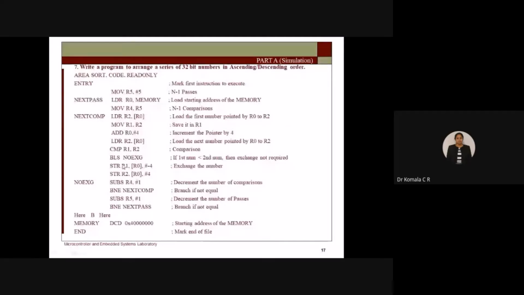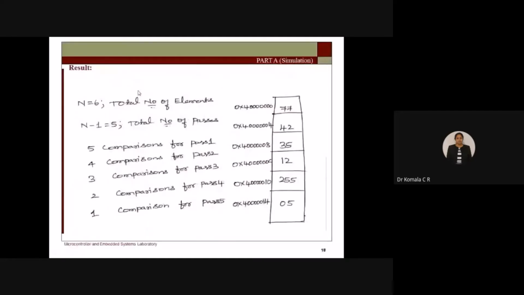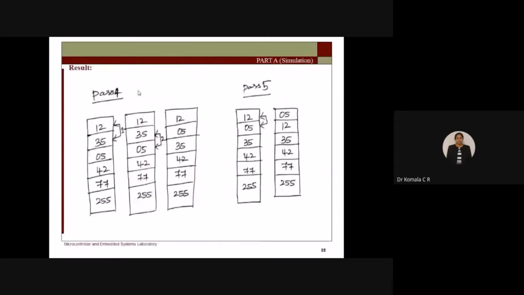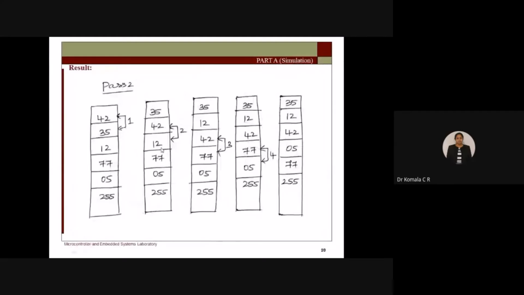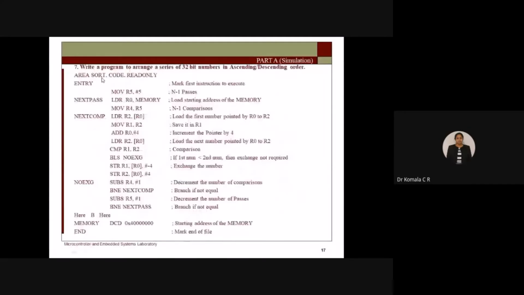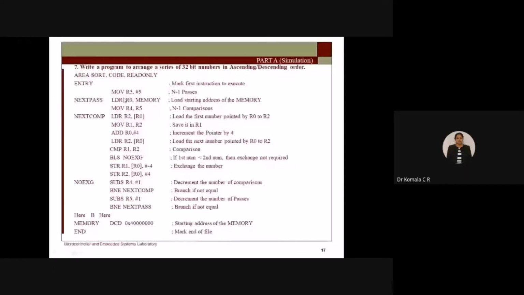Next time, by the end of pass 3, your R5 is 3. Now 3 minus 1 is how much? 2 is there. 2 you are going to move to R4. Same thing, I am going to take the starting address, the same thing. So pass 4 now. Pass 4, 2 comparisons. Correct? Same way. Next step. At the end of the fourth pass, now you subtract R5 by 1. 2 minus 1 is 1. So the last pass, pass 5, you are doing only 1 comparison. So R5 is moved to R4, which is 1. So the last step you have 1 comparison.